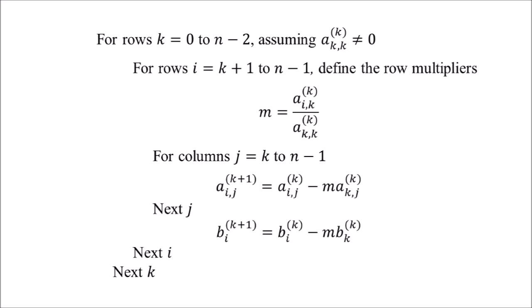After it gets to the last column in the A matrix, it then does the corresponding entry in the B matrix, and then moves down to the next row,